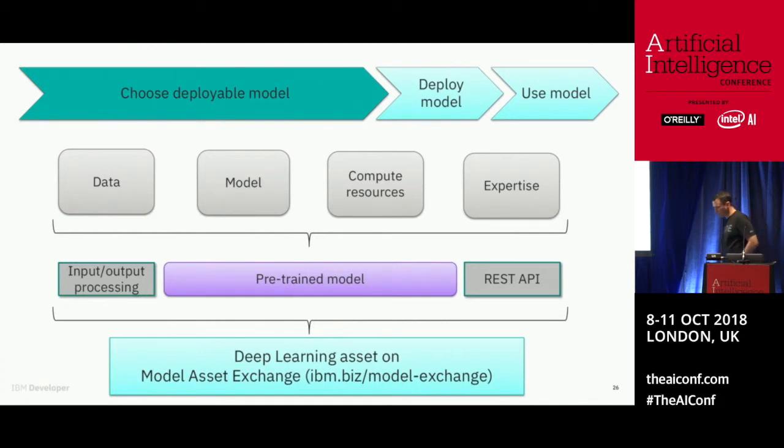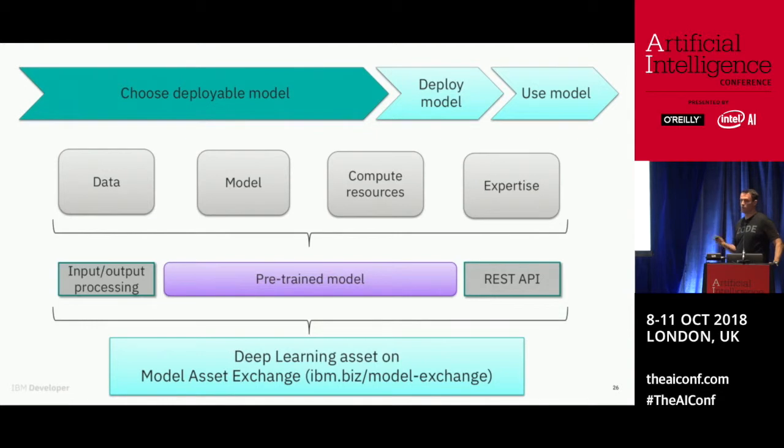So on the deployable side, on the consumption side, you may want to train a model from the exchange, but a lot of the time you might just want to simply deploy a pre-trained model. This is true for the case where you could still be a data scientist who finds a model that actually does what you need, so you don't have to train it. But in many cases, this is for domain experts and application developers who may not be experts on deep learning or machine learning, or may know nothing whatsoever about that.